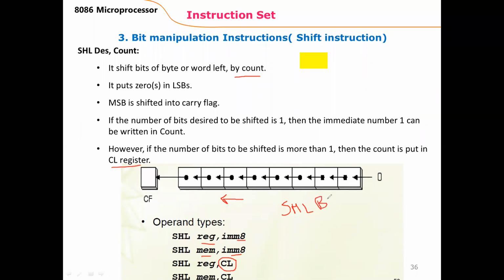For example, if I have assumed the BL register with 01H, this will logically shift left the content of BL. The content of BL will be shifted left only one time, because here we have mentioned 01. So the blank bit will be replaced by 0, as I have already explained that in logical shift, the blank bits are replaced by 0 only, while in arithmetic shift, blank bits are filled by either 0 or 1 depending on the MSB of the source.